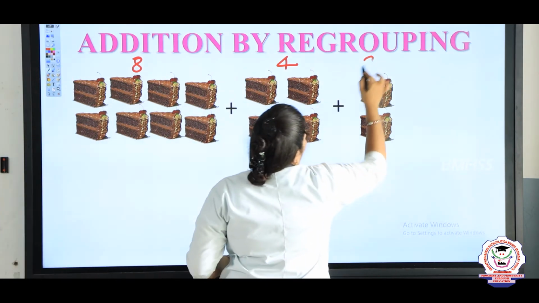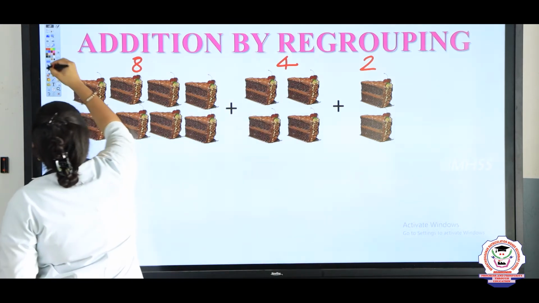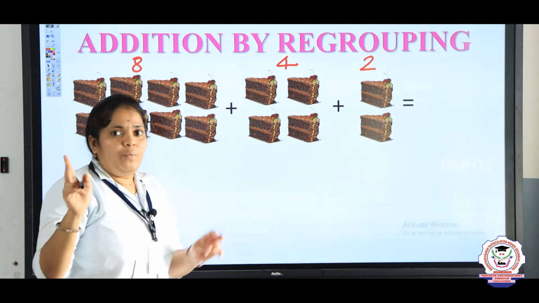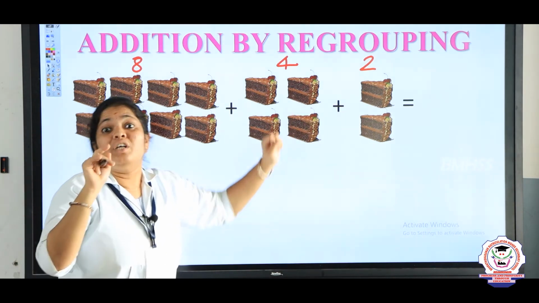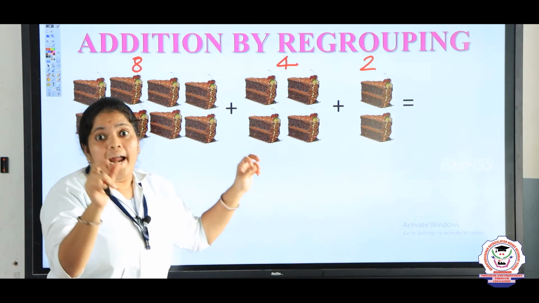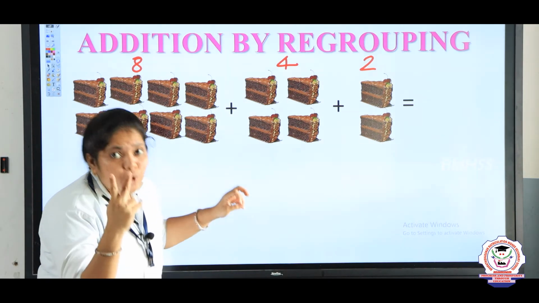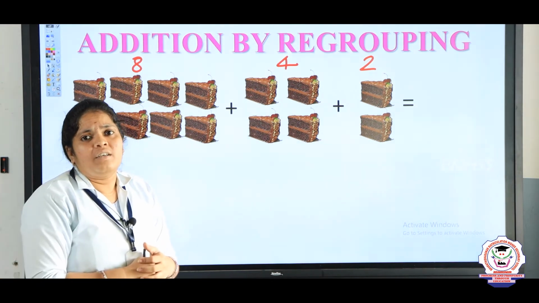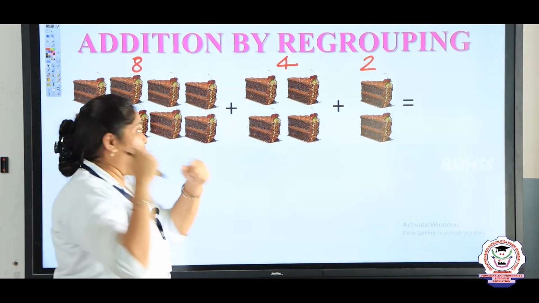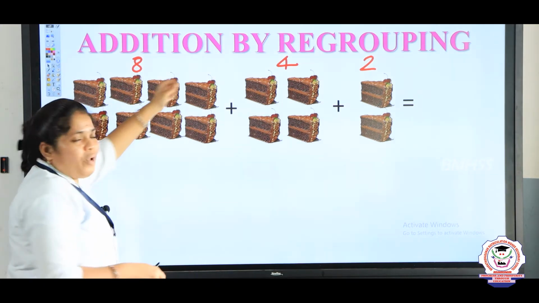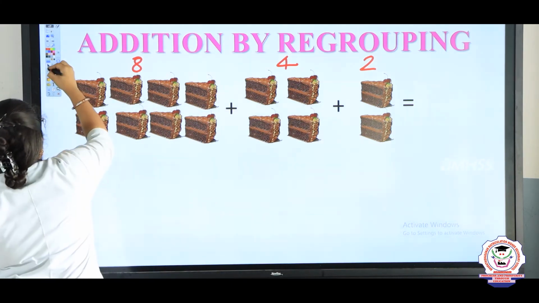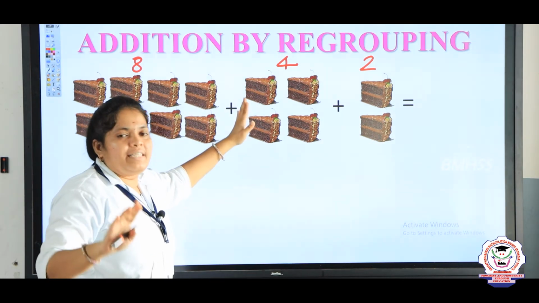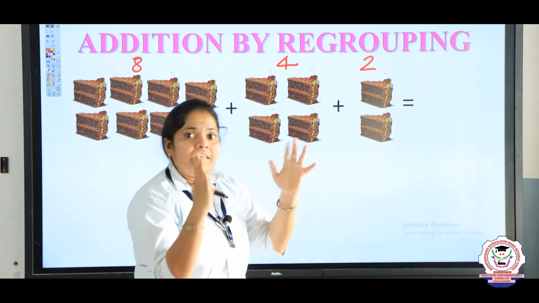So my dear children, how will we add this? Last time we got only 2 numbers. That was without regrouping. In the addition, we used only 2 addends. But now we are using 3 addends. How can we add this? You don't know. Ma'am will teach you. This is an easy method. I will teach it to you. That's why we are saying regrouping. So it's nothing but, first, what the first step is. Here we have an 8, is that right? So grouping is nothing but first we should add 10.